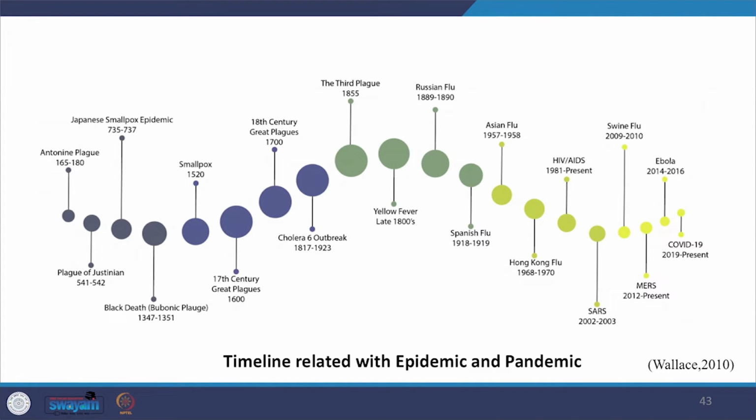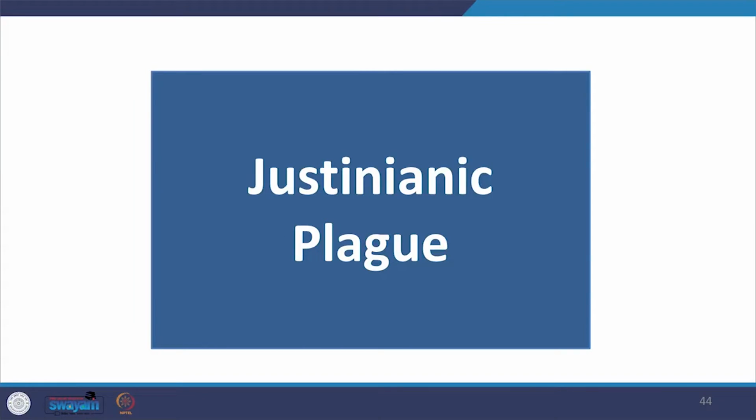We also see why the urban population is more vulnerable to disease and there is a need to address it more. You will see the social model, political economic model and the environmental model all playing their role in health in the city. First, we look at the Justinianic plague.